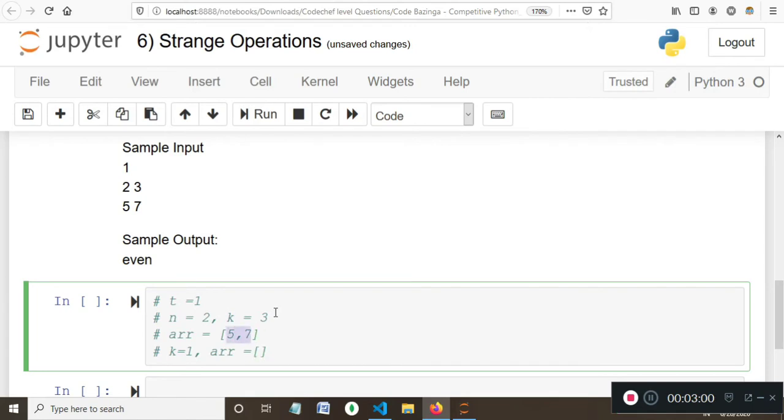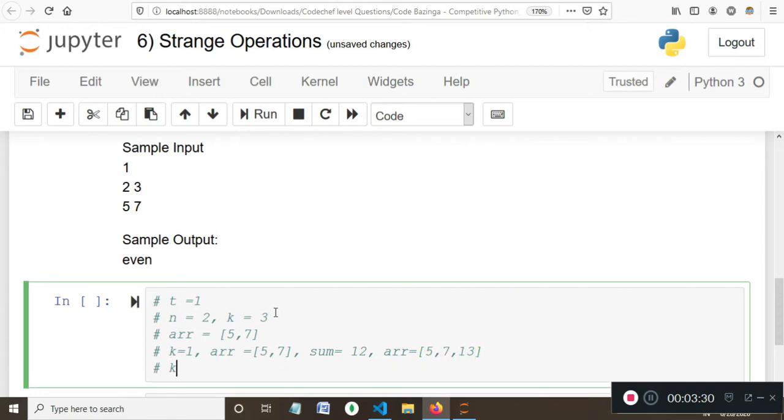The sum of the elements is 5 plus 7, which is 12. Okay, so let's say the array is 5, 7 and its sum is 12. We have to add an element strictly greater than 12. So let's add the smallest number. The array becomes 5, 7 and then 13.